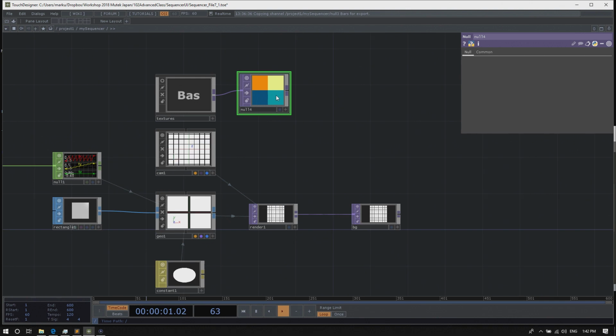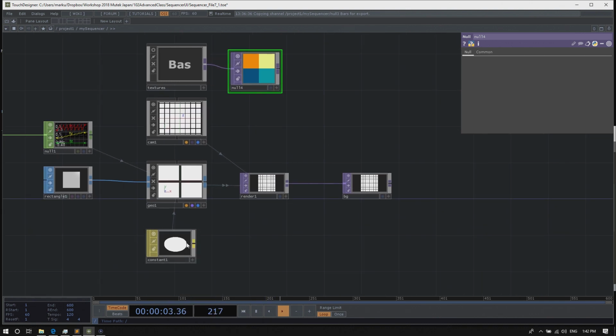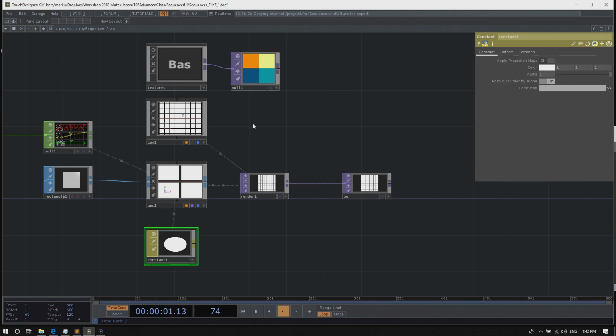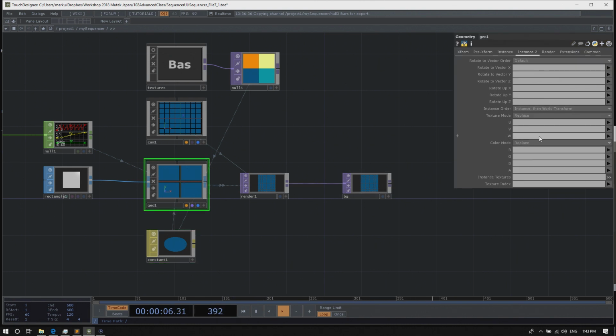The important part is that on this textures component, we'll append a null TOP. To use the textures from the imported TOX, go back up one level and connect the null. We'll reference that null TOP as the color map in the constant material of the instanced geometry. As I said, we can control which slice is picked from this 2D texture array via the W coordinate of the texture mode.